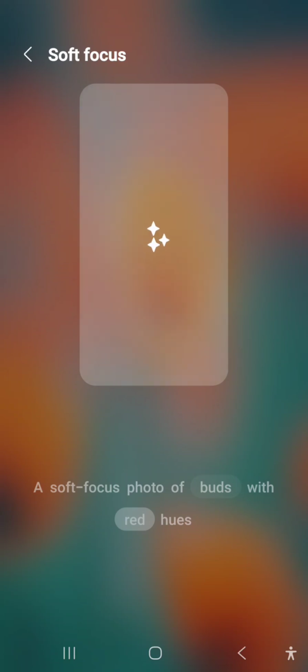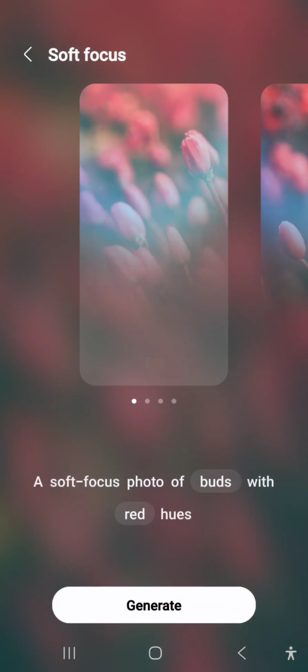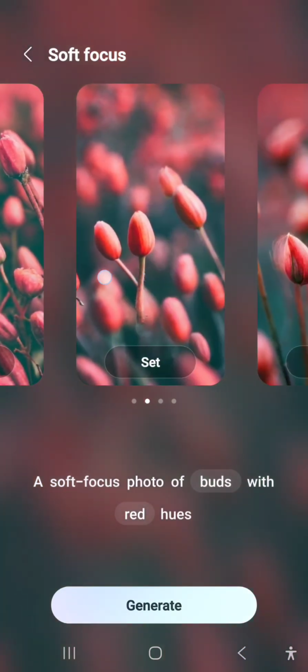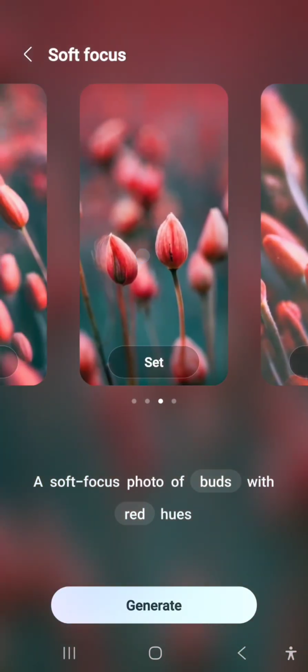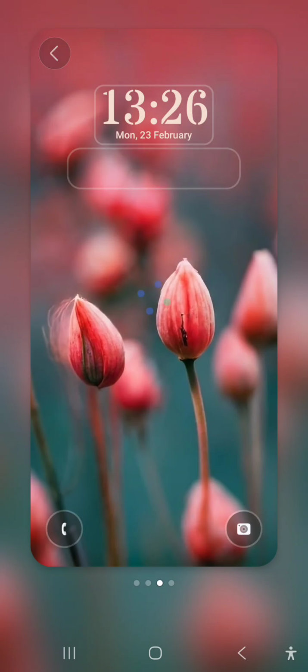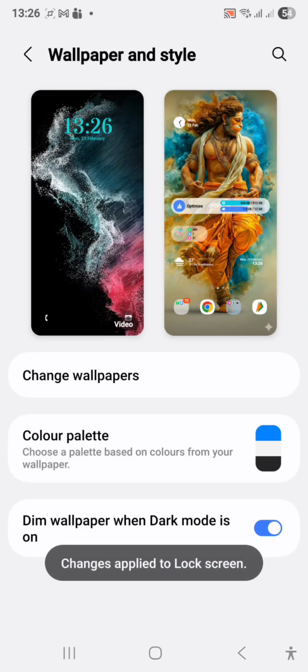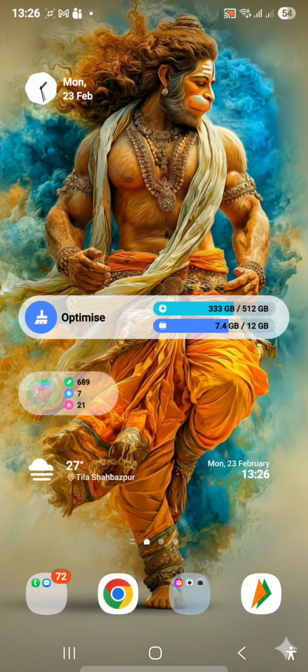I have a Samsung Galaxy S22 Ultra. So this is how it has generated. You can choose whichever you want to set. You can select this, then click on done. This will change your wallpaper. So look, that has changed for the lock screen. You can see my lock